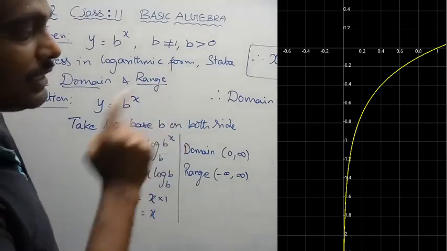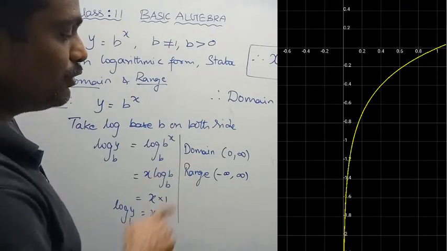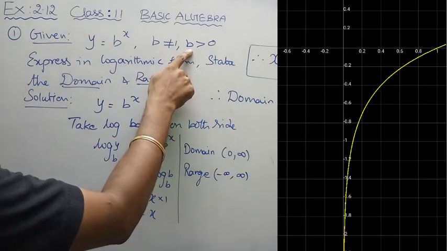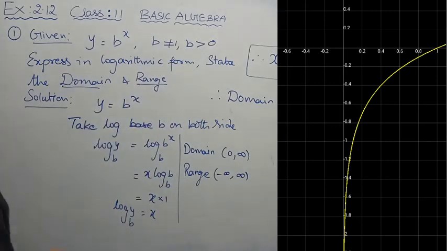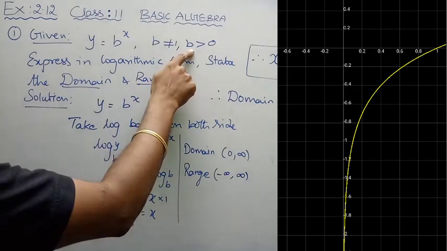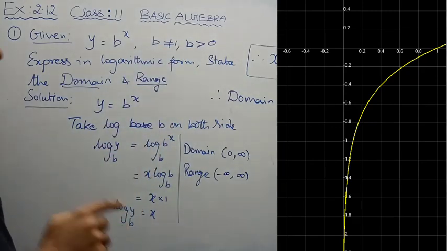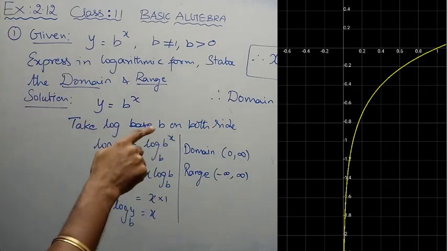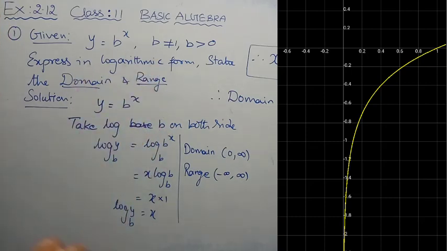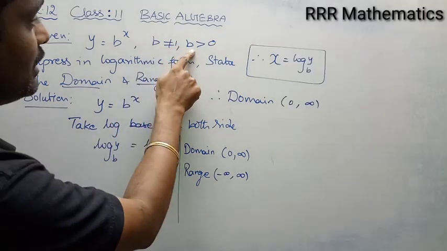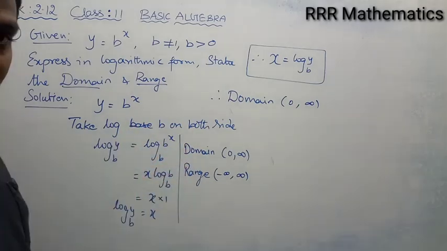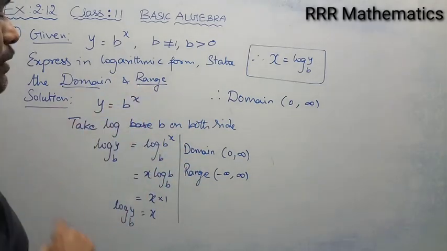That's all. When you see the graph, you can understand the domain and the range in a better way. So log takes only positive values. That's why they started with b greater than 0. Already they mentioned b greater than 0. Why? Because we take the base as b, it must be a positive one. Then only it will exist. Therefore, in this case the domain is the open interval 0 comma infinity, and the range is the open interval minus infinity comma plus infinity. Got it?